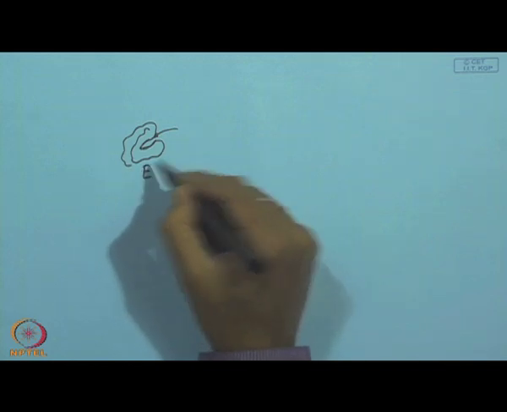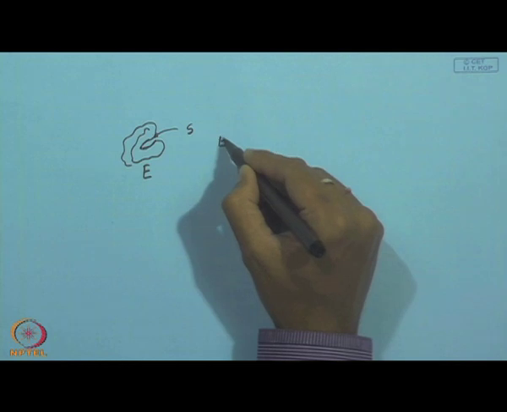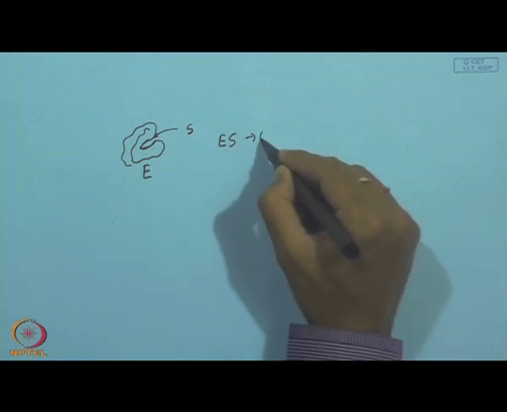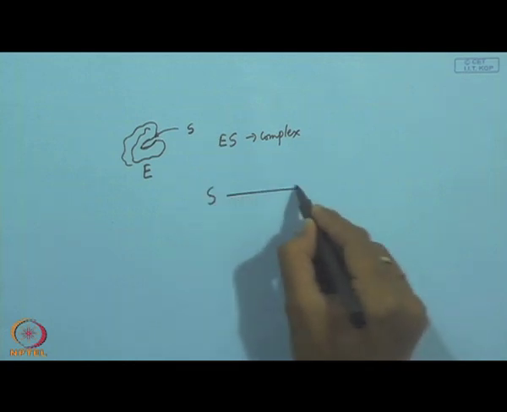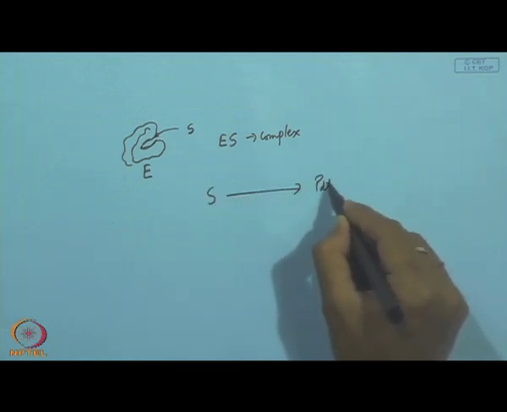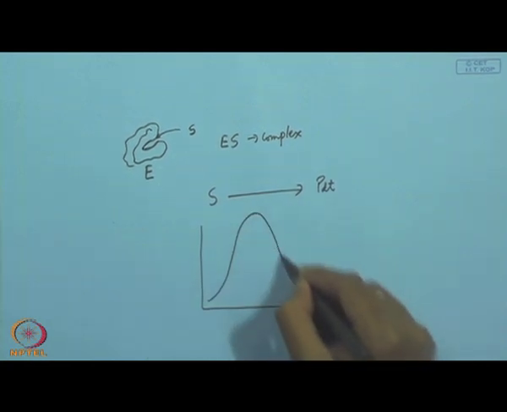So, this is your enzyme, and this is your substrate. It binds to produce an enzyme-substrate complex, the ES complex. Normally the substrate giving rise to product requires